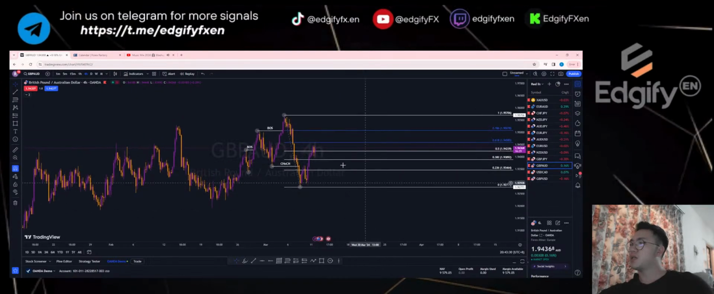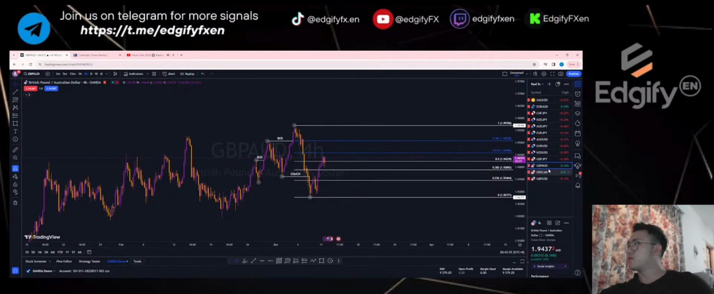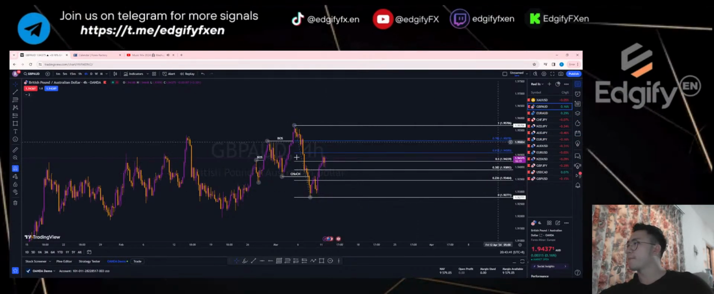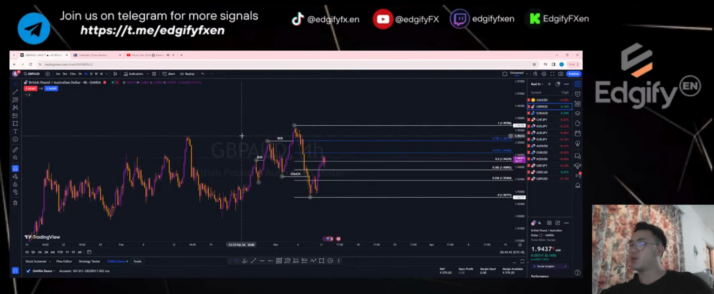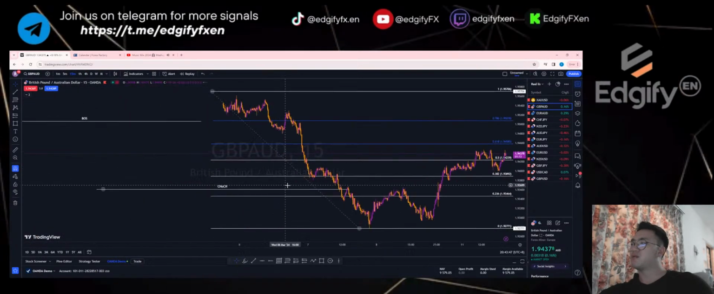Alright, so GBP AUD, I'll be looking for sells. I'm just waiting for the price to tap in at this level. GBP AUD, it will be a sell. I'm waiting for a tap in. But this is on the hour 4 as well. If I'm on the minute 15,